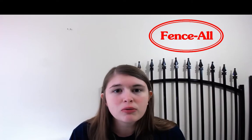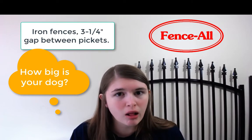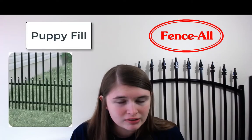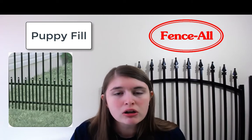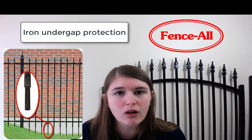If you're considering having an iron fence installed, you'll want to consider that we have a 3¼ inch gap between our pickets for iron, so if your dog is smaller than that, you may want to get puppy fill, which means that we add additional pickets so the dog cannot fit through the fence. And again, if your yard has a hill that stepped fencing will not cover, you'll want to consider undergap protection for iron, which means we add additional pickets so that the pickets are longer and follow the slope of the